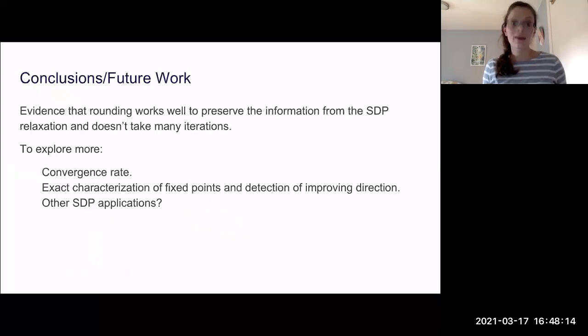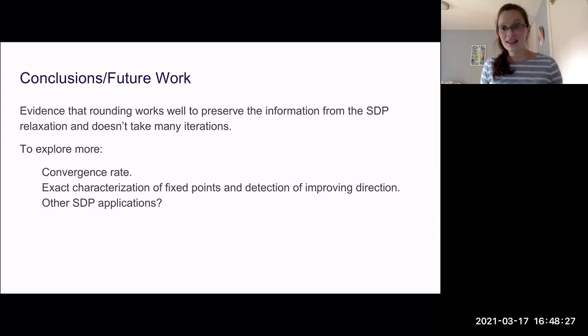So I think the key thing here to think about is that semi-definite programming relaxations are really nice convex relaxations that preserve a lot of information. And this is a new way to think about rounding in the context of clustering. I think it could be really interesting to then think about this kind of rounding for other semi-definite programming relaxations. So looking at any of those sum of squares relaxations that have been used.